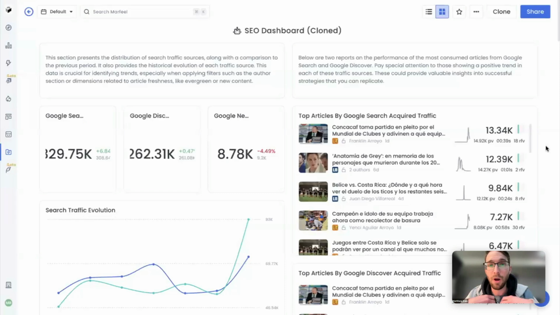This next new feature is probably my favorite, and I think it's an absolute game changer for team workflow and team organization. And that's this filter bar right here, where you can apply any filters instantaneously to every single report in this dashboard, or this date picker right here, where you can apply a uniform date range to every single report in the dashboard. The reason that this is a game changer is because, say I really like this dashboard and I'm running a newsroom and I want to use it for the entire newsroom. But I also want, say, my sports editor or my politics editor to be getting the exact same type of